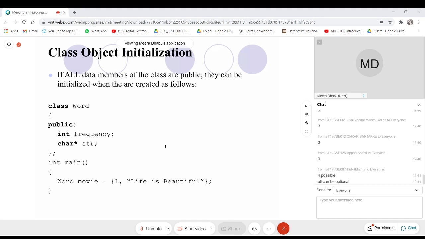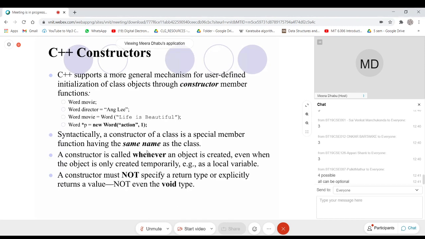So in C++, the concept of constructors was introduced. This is a more generalized mechanism for user defined initialization of a class object with the help of a special member function, which is called a constructor.